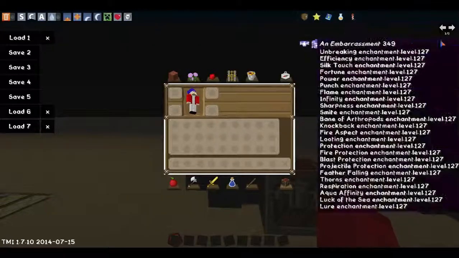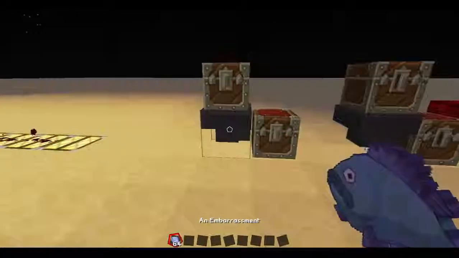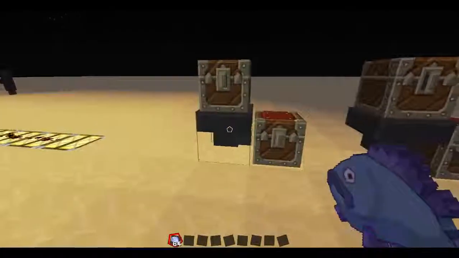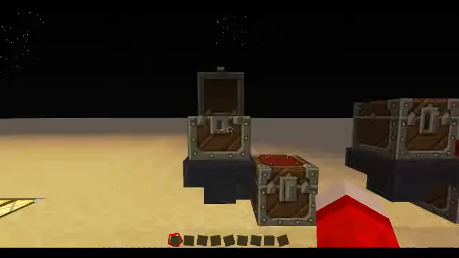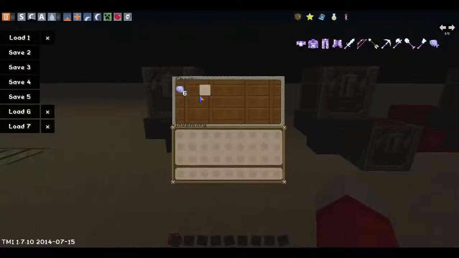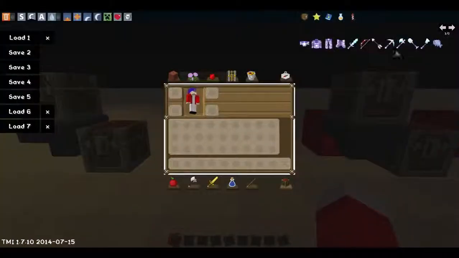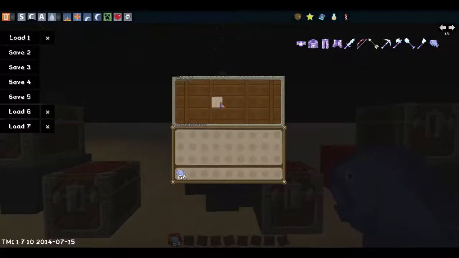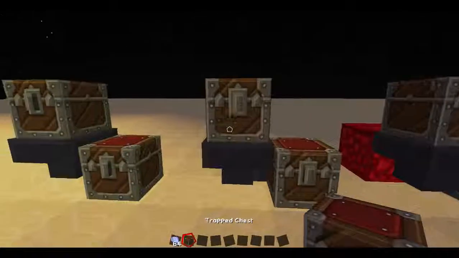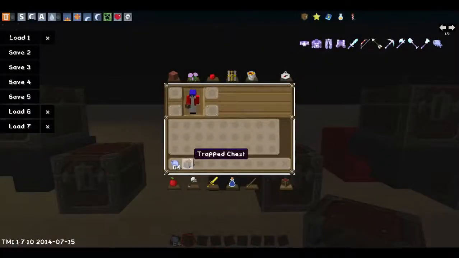Okay, so I'll grab some fish here. What hoppers do is they pull items from what's above it and put it into what it's pointing at. You can use this to make grand hopper chains. Cool story. Whenever you apply power to a hopper, though, it stops. So this trapped chest, yeah, this is a trapped chest. This trapped chest here